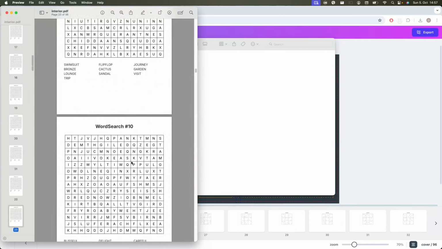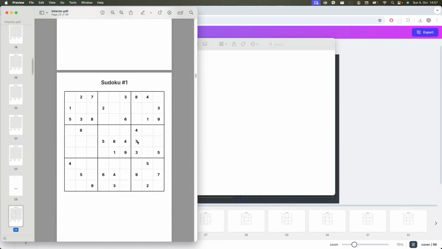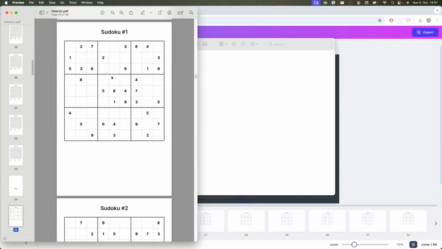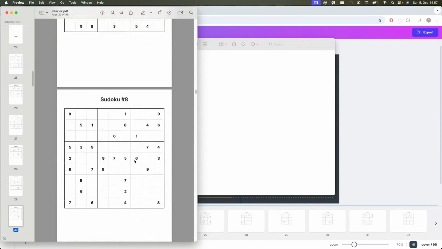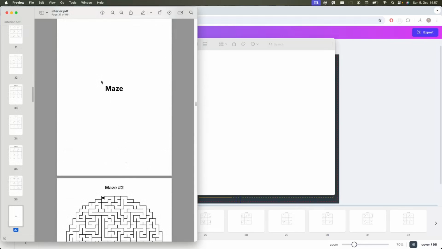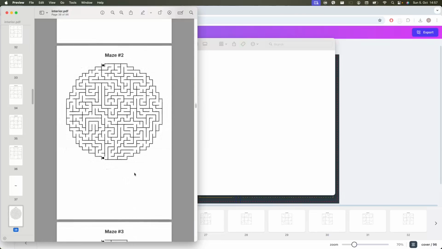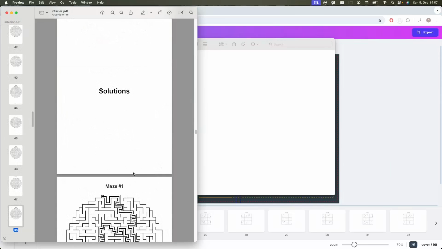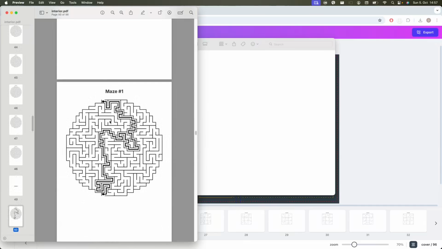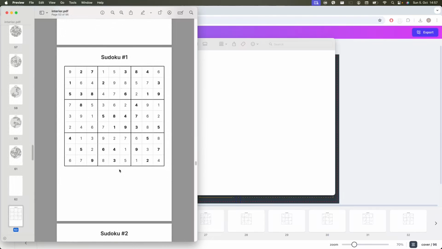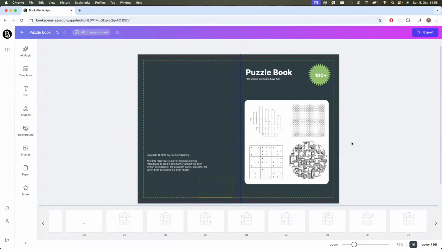After that, we should have our Sudoku puzzles. This one as well, I didn't put it in the center, so we can actually just fix that. And after these ones, we will have the maze. As you can see, we have our maze here and the maze start. Then we will have our solutions, right? We start with the maze solutions because we did it in reverse order. So this is the solution for the first maze and so on. And then if you keep scrolling down, you can see the solution to the Sudoku. And that's how you actually create a